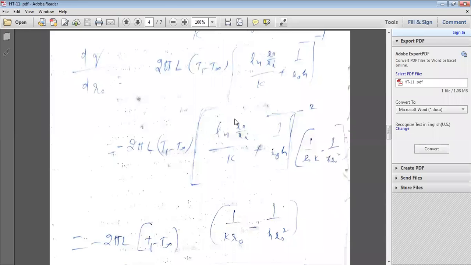From the mathematics, the differentiation of ln Ro by Ri divided by K is 1 by K into ln Ro by Ri. K is constant, and for a given inside radius Ri, that can also be taken as constant. So for ln Ro, the differentiation is 1 by Ro, divided by K. That's 1 by Ro K, minus